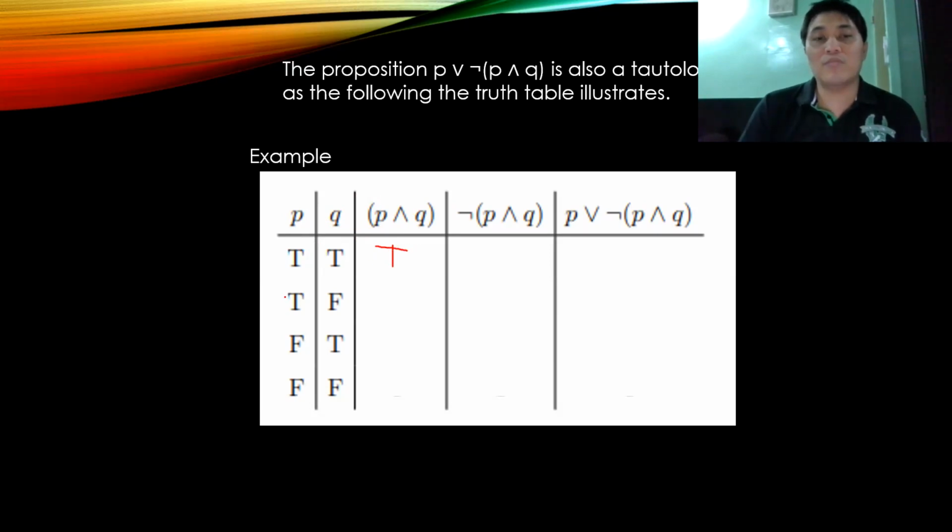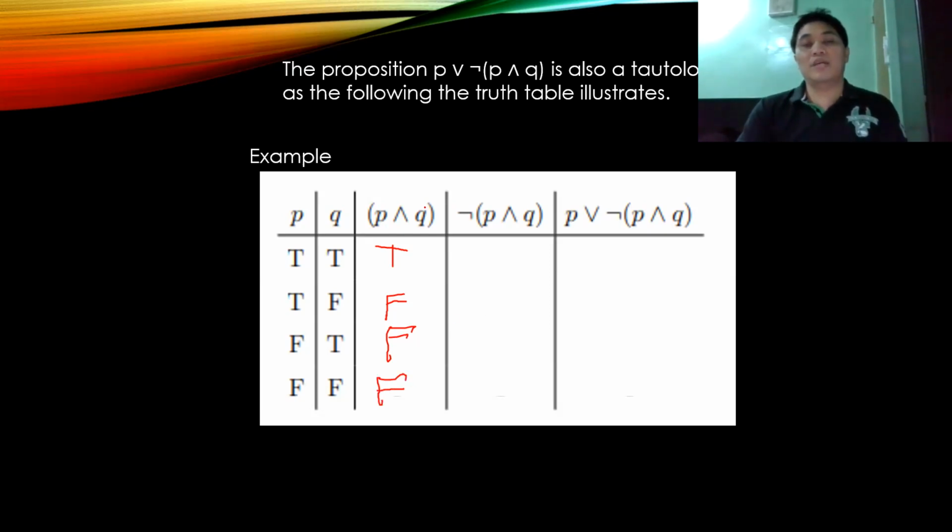So the next statement, P is true and Q is false. So this is false. This one is false also. And this one is false. This P or Q is a contradiction. For the next,